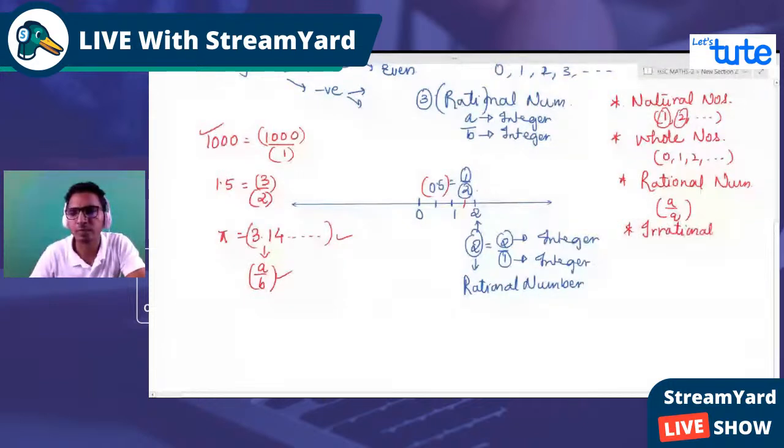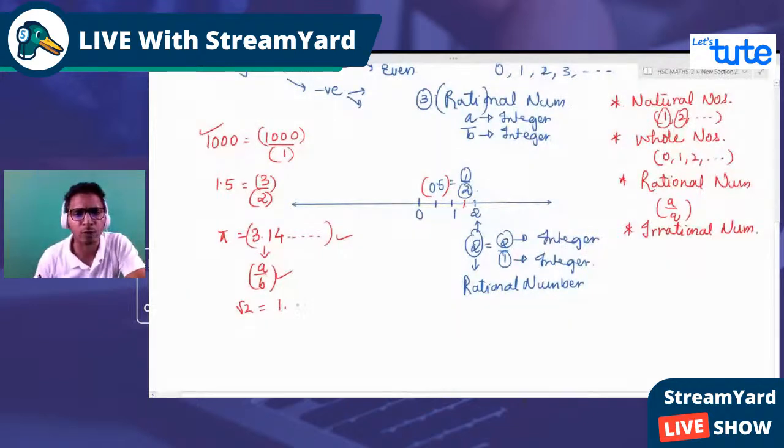Irrational numbers. Okay. So what do you understand from irrational numbers? They are the numbers which cannot be represented as a fraction of any two integers. Correct? There are many such examples, like